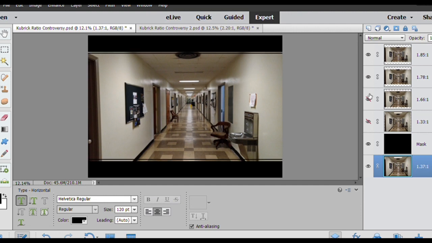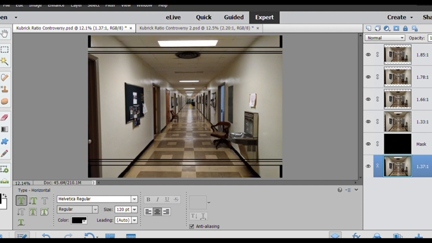And just for giggles, I'm just going to compare all of the aspect ratios here. So you can see it's kind of a mess. But the innermost layer is how his films were intended to be seen on the big screen, and I believe, because of the technology we have available today and how different television technology is from when he made the movies, this is the best way to appreciate his movies.